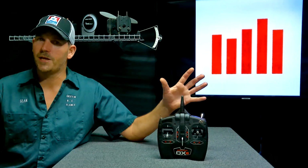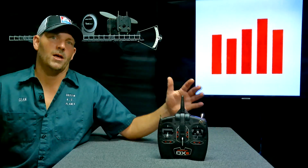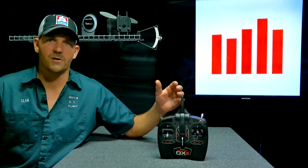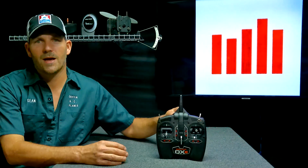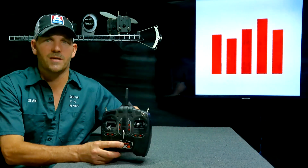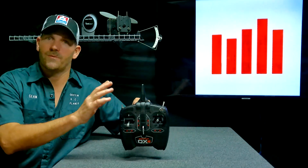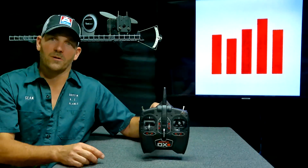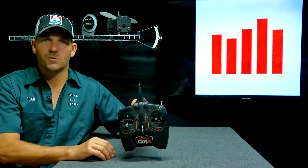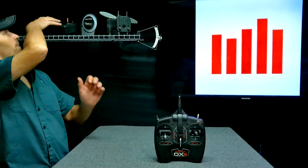But you need to be pretty dang cautious. And the reason being is, a lot of people think that this DXE transmitter is just a simple transmitter, meaning that there's no computerization of being able to create mixes or reversing of servos or changing the gear to operate on this switch over to this switch. And you're wrong. This is not a simple transmitter. This is a computerized transmitter that has a lot of the same capabilities as